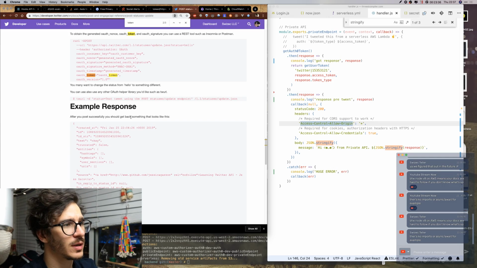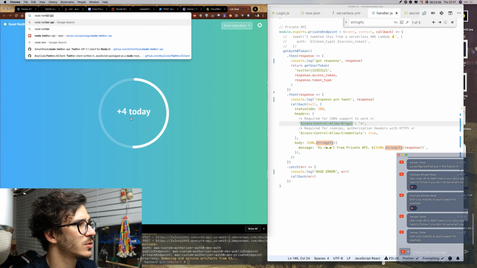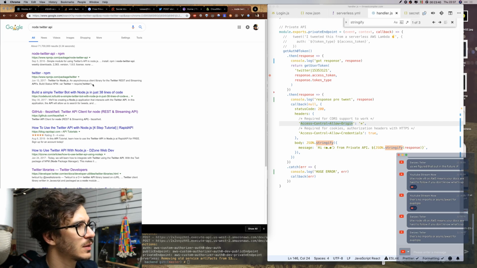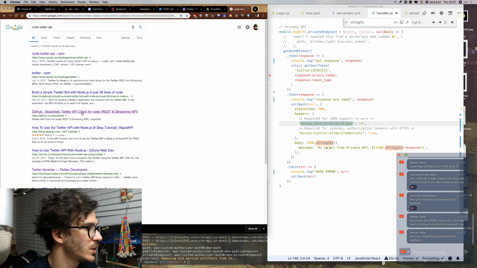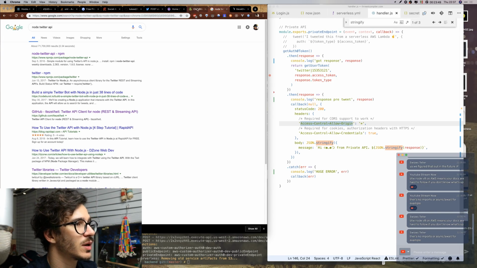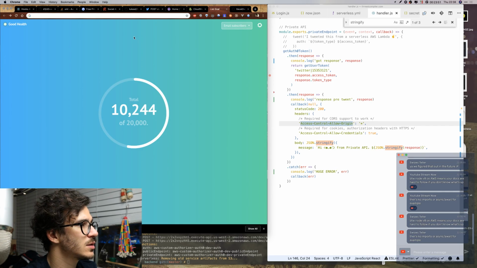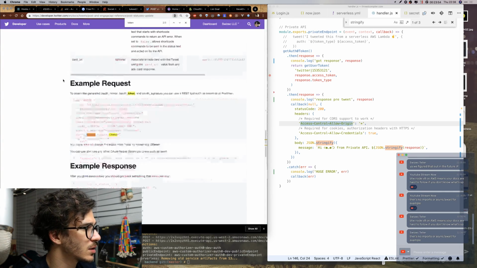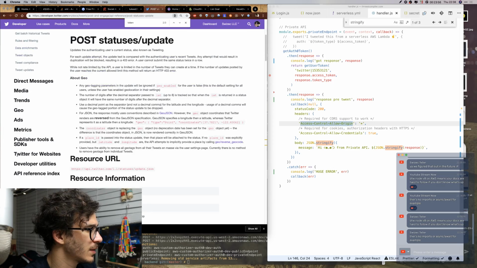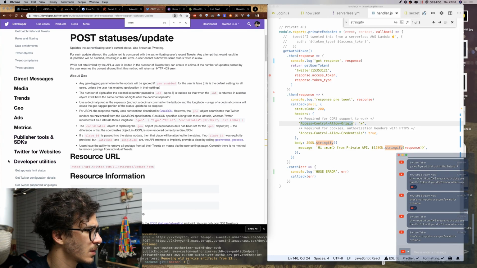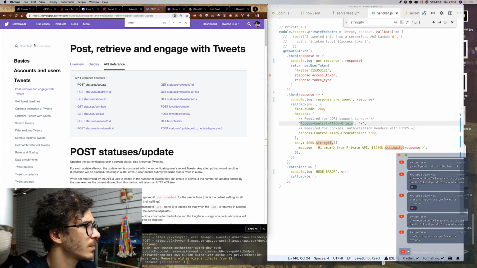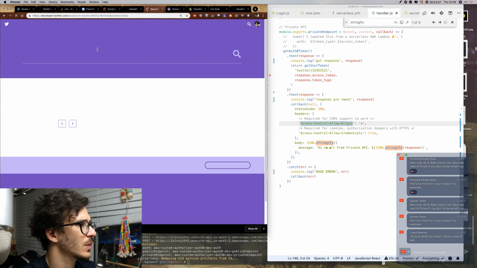Maybe I should use a Node Twitter client. So Node Twitter API. Node Twitter API, that's from 2016. How to use Twitter API with Node. Let's look at the docs and see if they have developer utilities. Libraries for tweets.